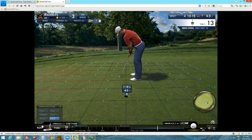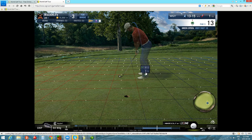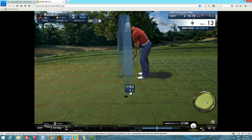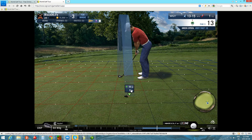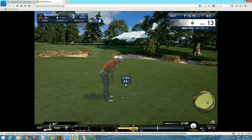Should be able to handle this 4-footer, I hope. Although I missed some of these here. I missed more short putts here, and not the hard ones either. I make the hard ones. I miss these ones for some reason. Like I'll put it here and it won't break or something like that. That's typically what happens. So I'm just going to hit this about 5 and